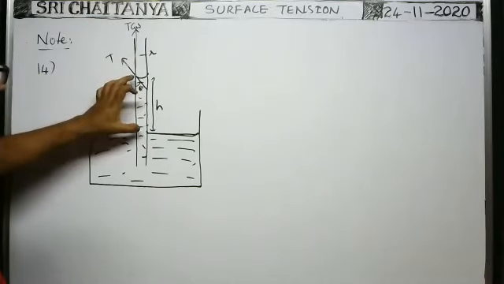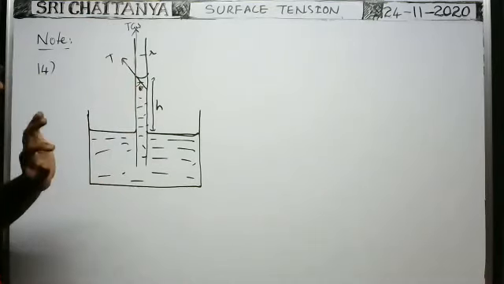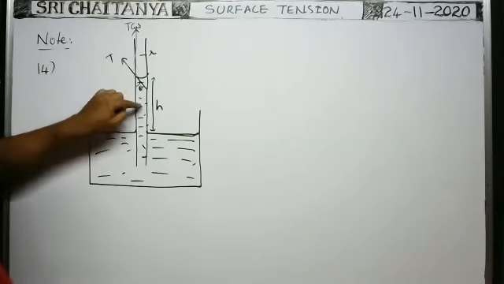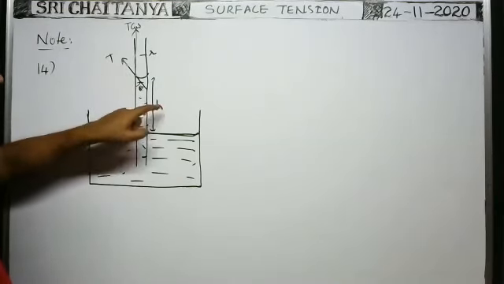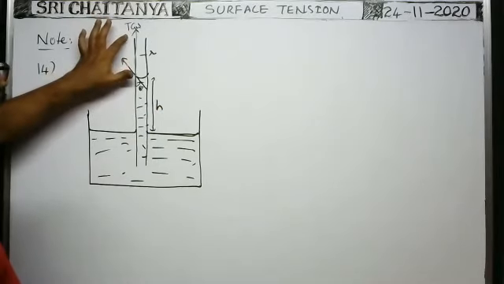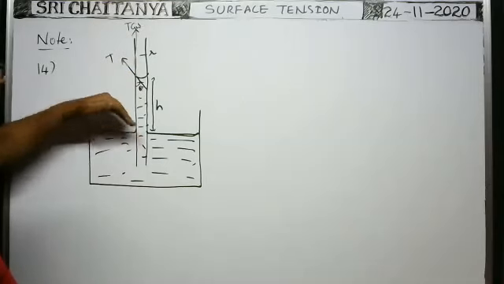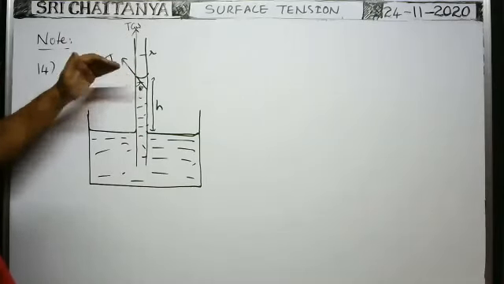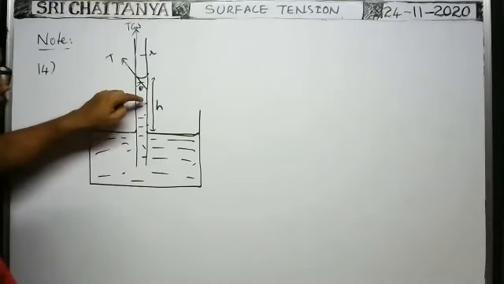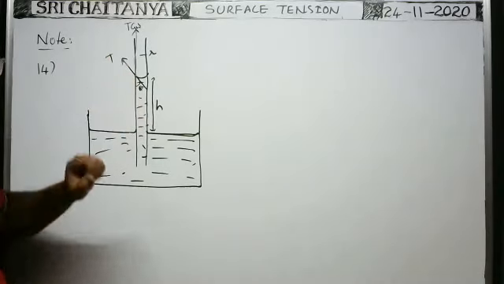Here the liquid level rises up to a height h. Then what is the work done by the surface tension on the liquid column in rising through a height equal to the capillary rise h? Because the liquid level has risen through height h due to the force due to surface tension, what is the work done by the surface tension on the liquid column in the capillary tube in raising the liquid column up to a height small h?